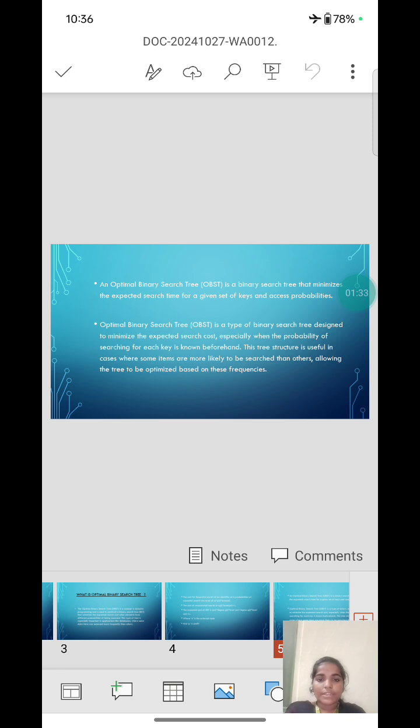An optimal binary search tree is a binary search tree that minimizes the expected search time for a given set of keys and access probabilities. Optimal binary search tree is a type of binary search tree designed to minimize the expected search cost, especially when the probability of searching for each key is known beforehand.